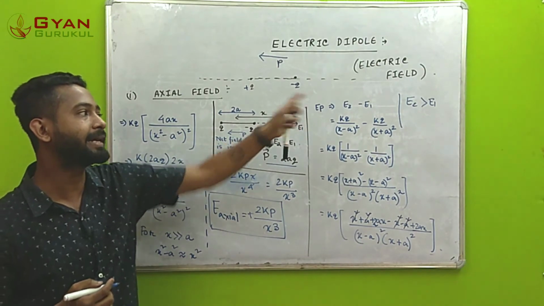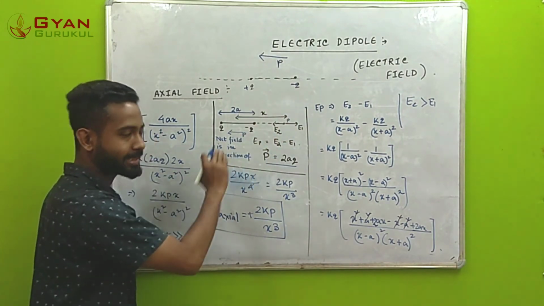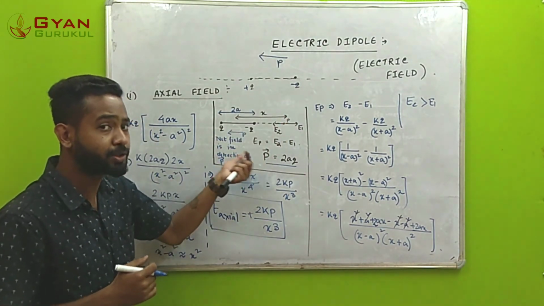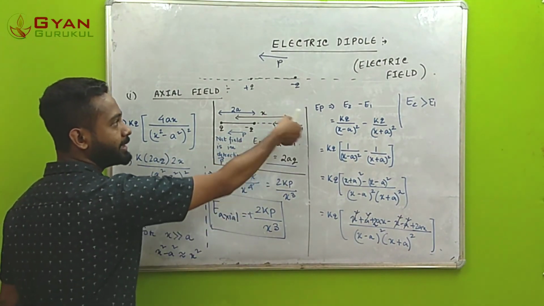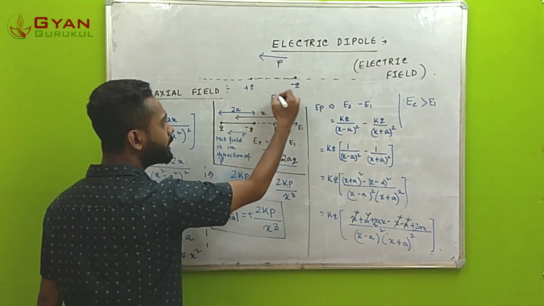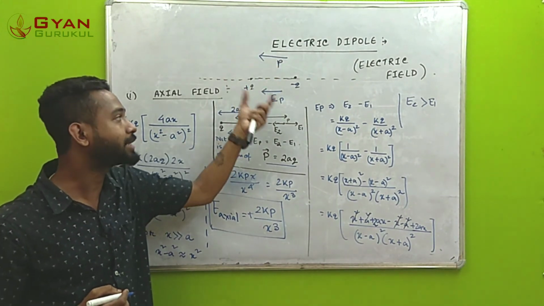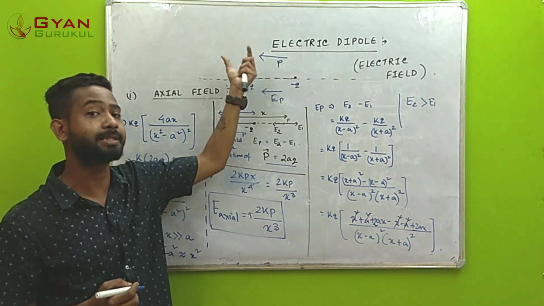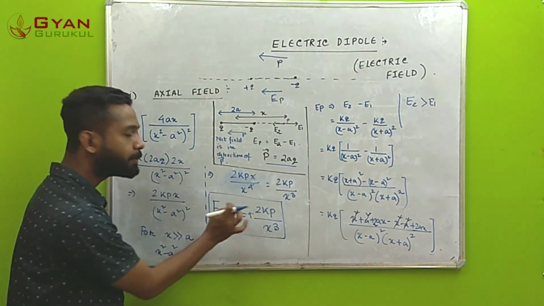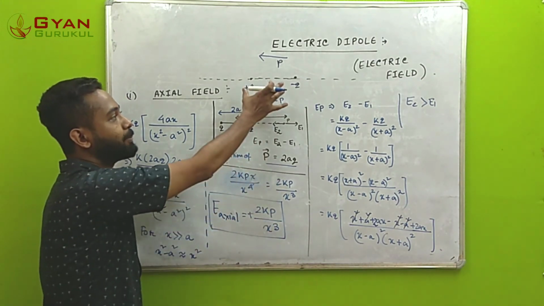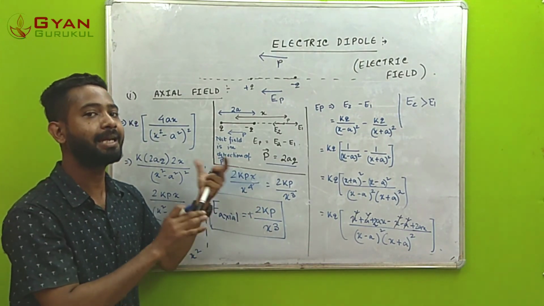So if E2 is bigger than E1, the net electric field given by E2 minus E1, which is the axial field in this case, will be in the direction of which field? It would be in the direction of the bigger field. So it would be in the direction of E2, and EP would also be in the same direction as that of the dipole moment. Since the direction of the net field and the direction of the dipole moment are the same, the last expression for E axial, that is 2kp by x cube, would come with a positive sign. That is only because the dipole moment and the field are in the same direction. So this is the expression and the sign for an axial electric field of a dipole.